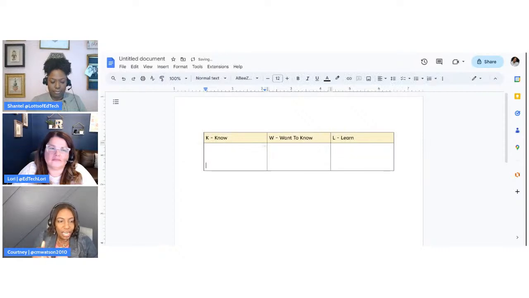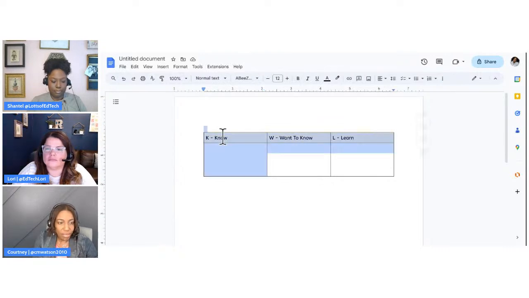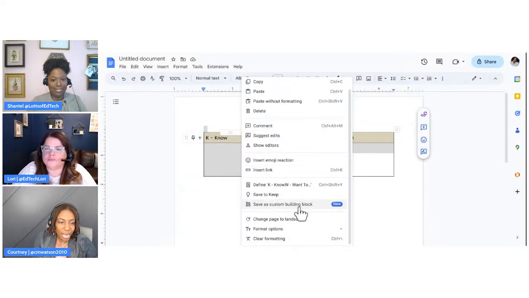I'm going to go ahead and put in some space so we have room to type in the things once we're done. And once you have it looking how you want it to look, just select it all and then right click anywhere over what's selected. And in your menu, you should find, look at that beautiful little blue new button, save